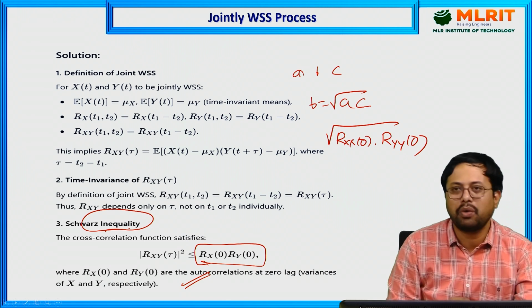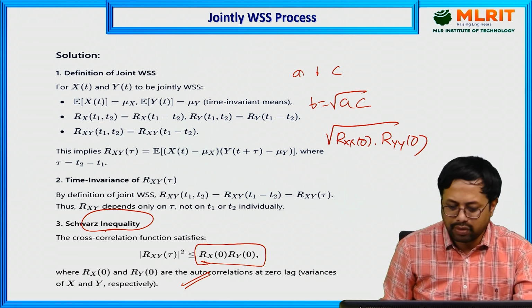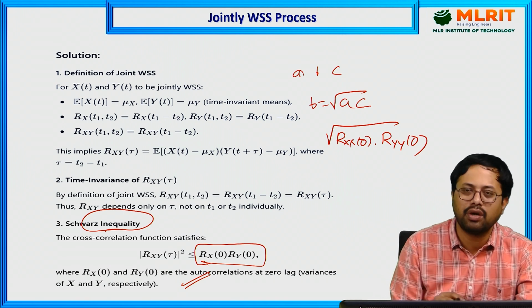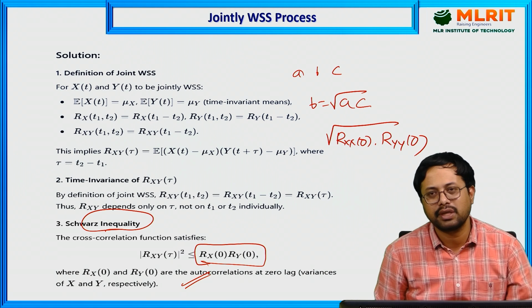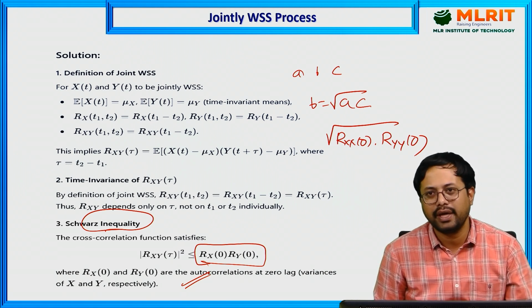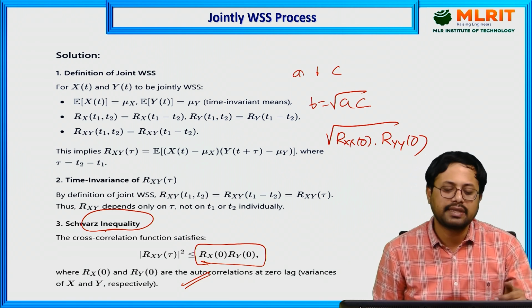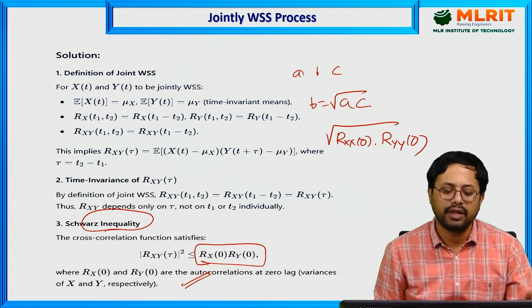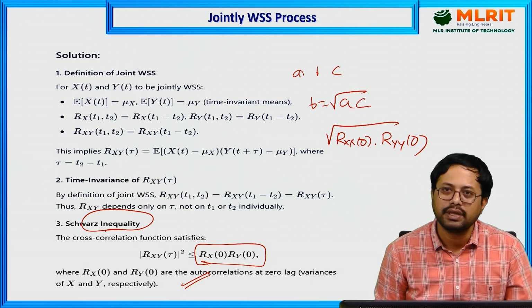These are the problems related to jointly wide sense stationary processes. How do you solve them? You have to satisfy all three conditions. We discussed that the mean of x of t must be constant, the mean of y of t must be constant, independent of time t, and the cross correlation function must be independent of time t; it depends only on the time difference tau. Here we have two different processes, x of t and y of t, which is why it is called the jointly wide sense stationary condition.